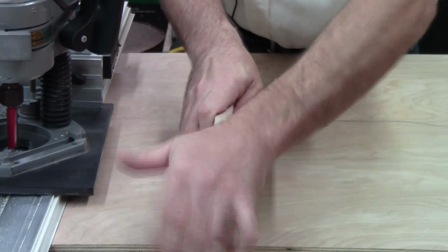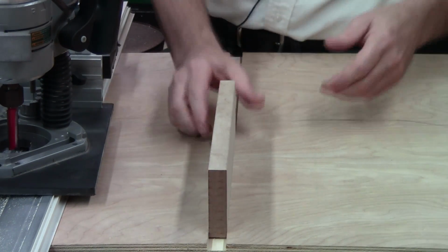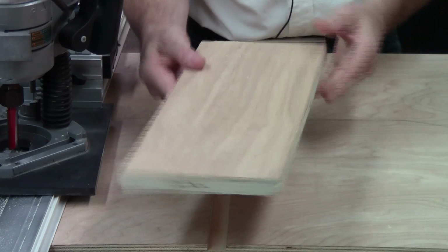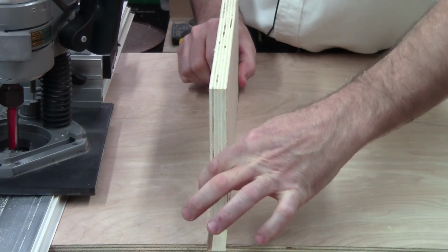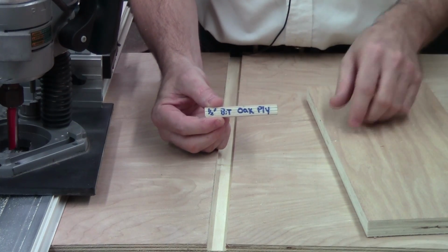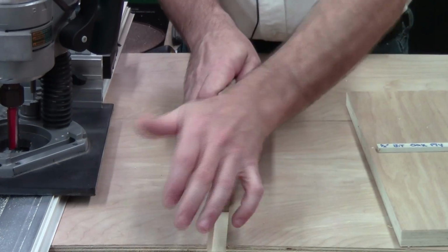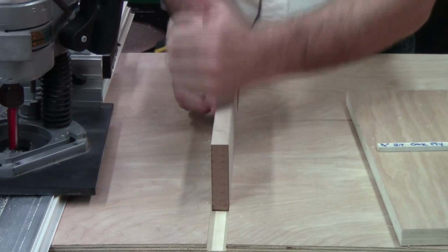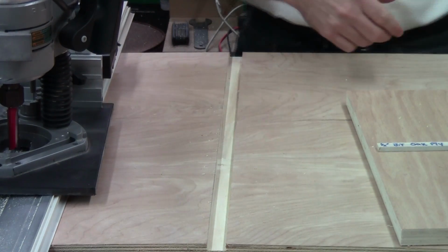I can sit there and achieve perfect fitting results for my MDF. Because oak plywood is a little smaller, notice if I put this in, there's a little bit of play back and forth. That's why I have a separate setup bar for when I'm working with oak plywood, because I want nice tight fits. I want these fits to be pressure fits. A little bit of banging in and you're good to go. And I don't like to do a lot of banging, so I want to be able to just lock that in. So that's my fit for the MDF